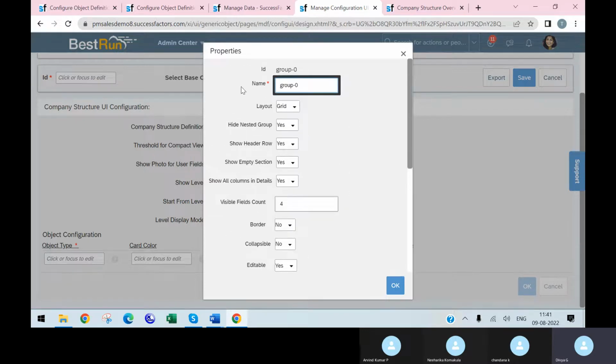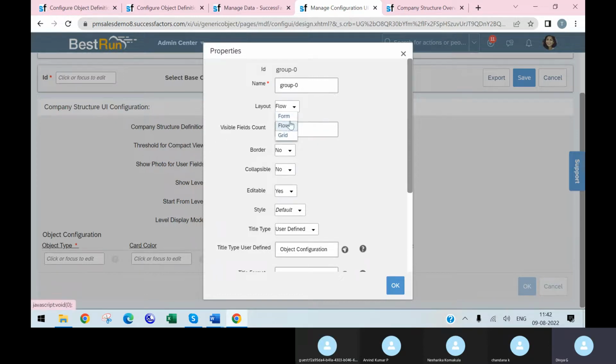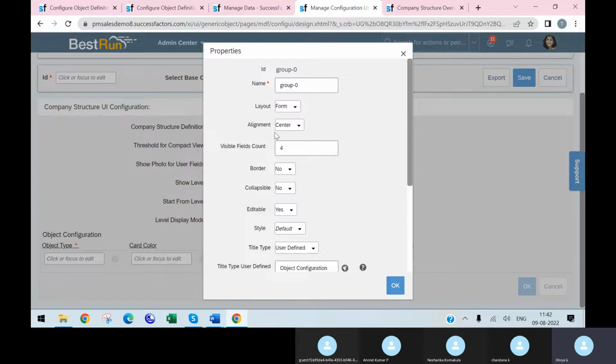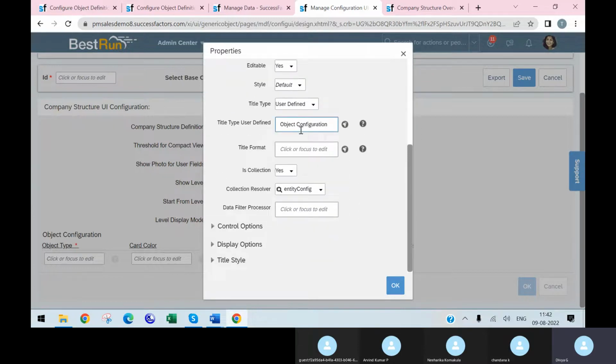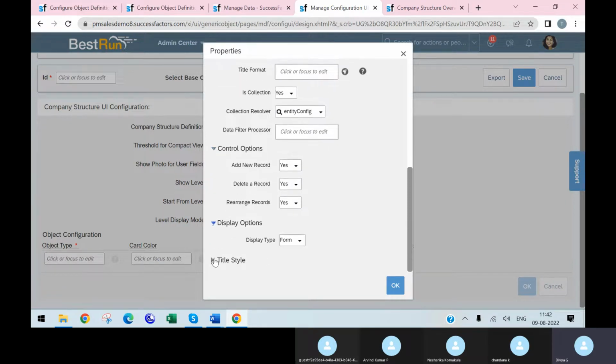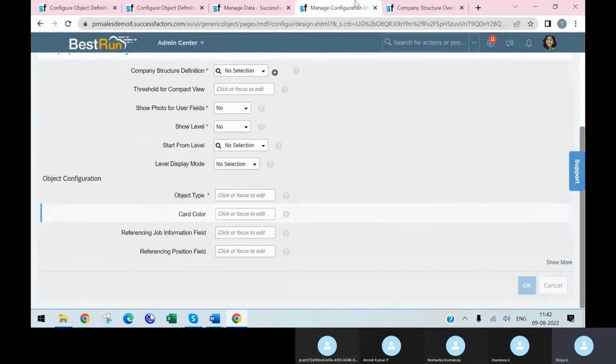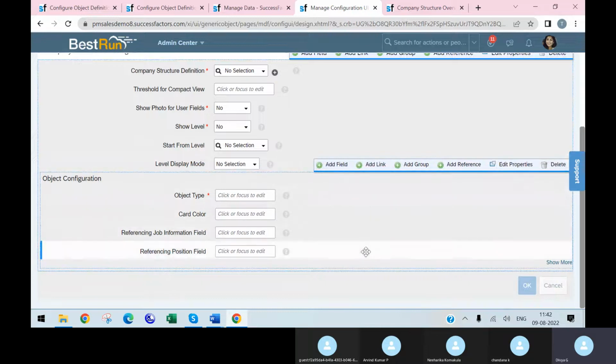here you see name, layout, which layout you want to see here, you need to go in the form or in the flow. Okay, alignment, border, how many records you want to show, display options, body, title, bold or italic or underlined, that also we can see. So if I add,